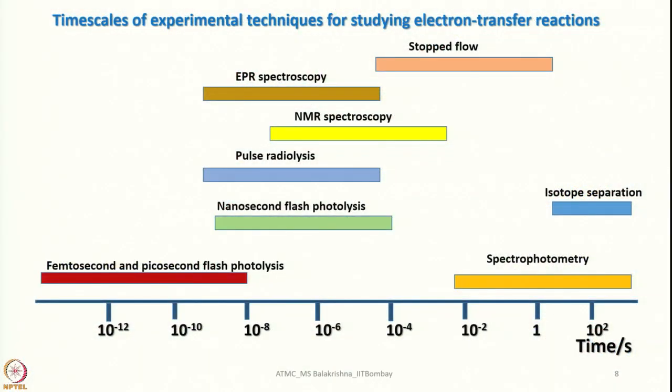If the reaction is very fast and the rate process occurs between 10 to the power of minus 14 to 10 to the power of minus 8 or 9, one can go for femtosecond and picosecond flash photolysis, or if it is in the range of 10 to the power of minus 9 to 10 to the power of 4, we have several options, nanosecond flash photolysis, or we can go for pulse radiolysis,